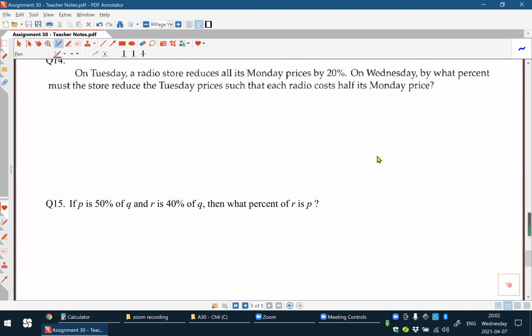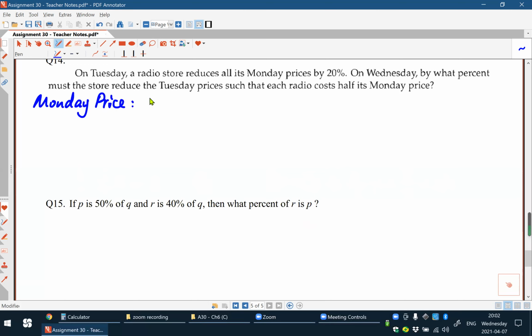On Tuesday, a radio store reduces all its money prices by 20%. On Wednesday, by what percent must the store reduce the Tuesday prices such that each radio costs half its Monday price? Okay, suppose we have a Monday price